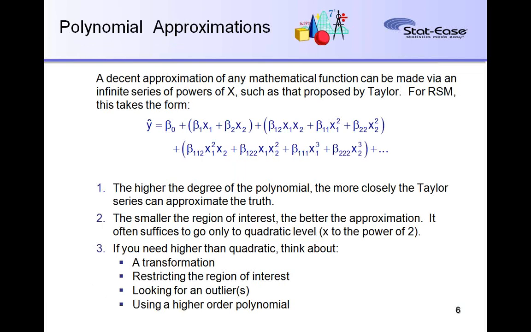This is maybe a little intimidating graphic at first. Lots of Greek letters on here. This is just illustrating the type of polynomial function that we can fit using response surface methods, starting with an intercept and going into our linear terms, and then going into our second degree terms. So we have first degree terms, which are linear, and second degree terms, which are both the quadratic terms and